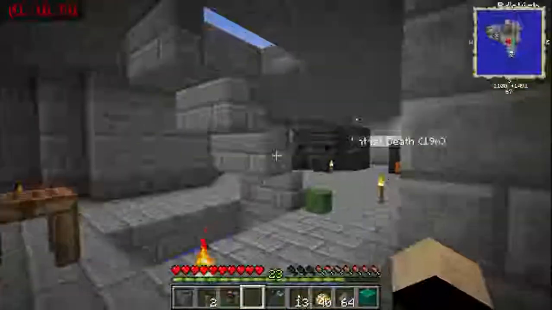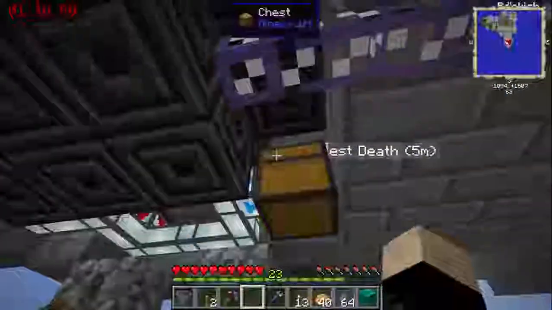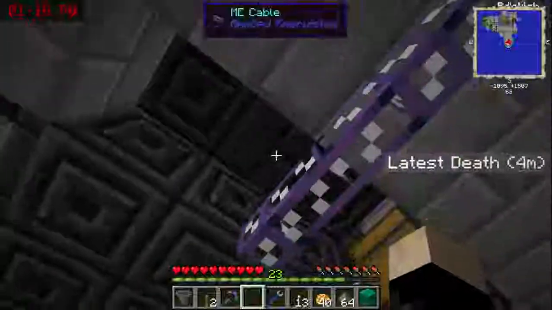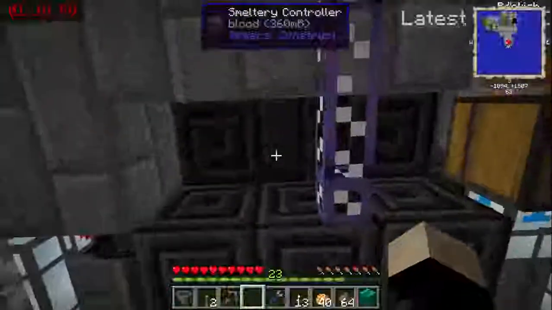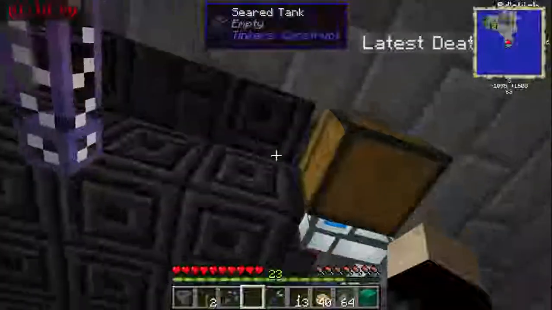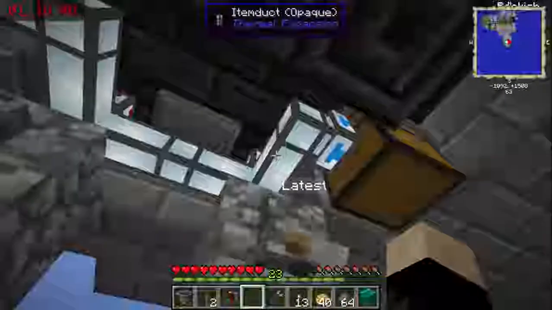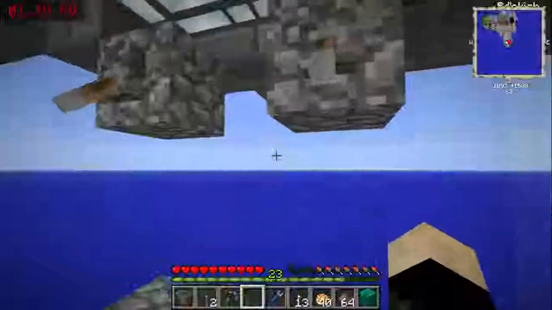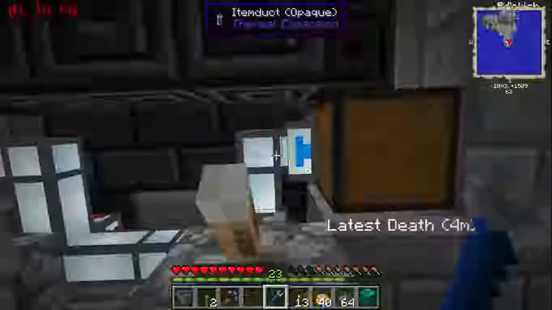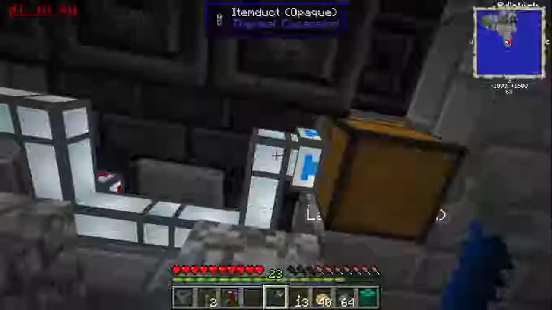Hang on a second. Alright, so I've got my cable run. I need imports. So basically I'm going to set up an import bus on that chest, and then I'm going to set an export bus with lava into the tank. This is the controller. Tank's there. That tank I'm not worried about because that's where my import is. But I can move that. I could move that. Couldn't I? Yeah, I could. So let me take this. Yeah, and then I can do my fluid export into both tanks just so it's